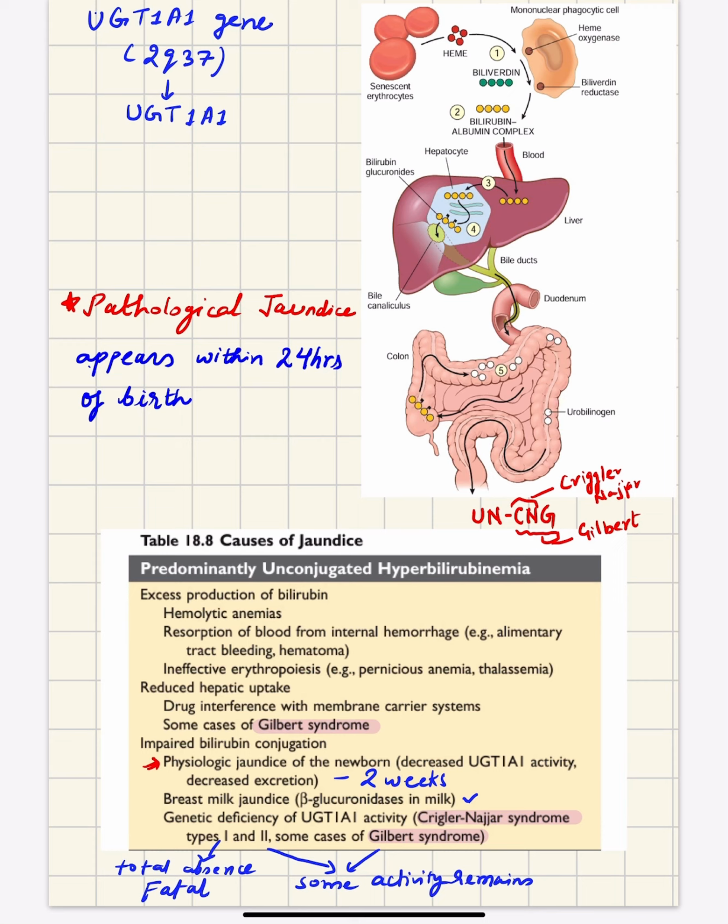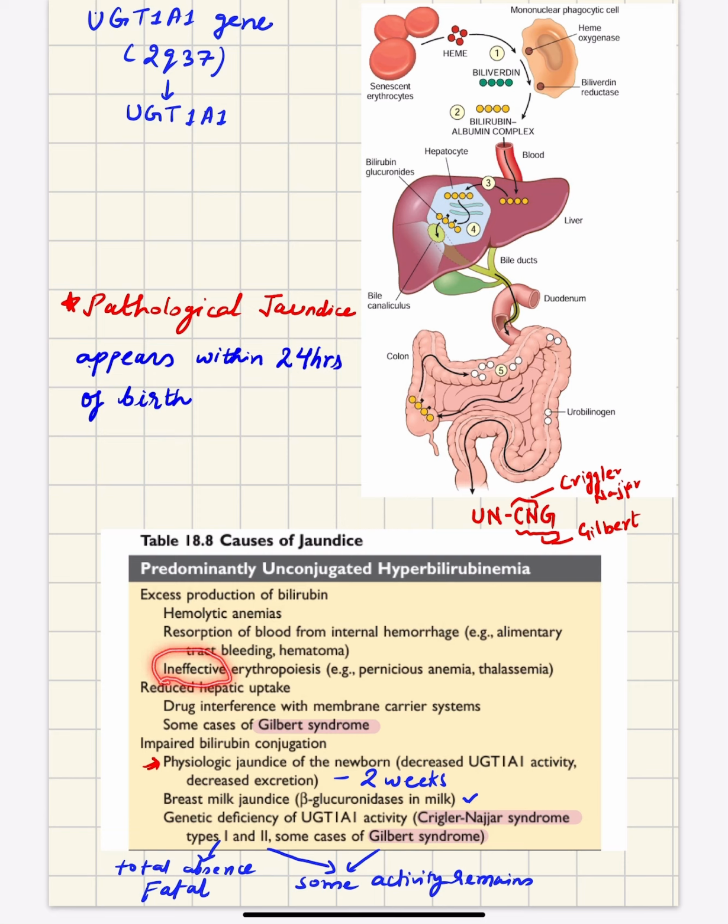So the first scenario is if we are having predominantly unconjugated bilirubin in the serum. So when can that happen? First, bilirubin is produced in the body from the senescent RBCs, we know that. But if there is increased RBC destruction in the body, like in hemolytic anemias where RBCs are being destroyed, the turnover of RBCs is high. So in that case, again, bilirubin will be high. Then, if there is internal hemorrhage and there is resorption of the blood from that internal hemorrhage, again the bilirubin production will be increased.